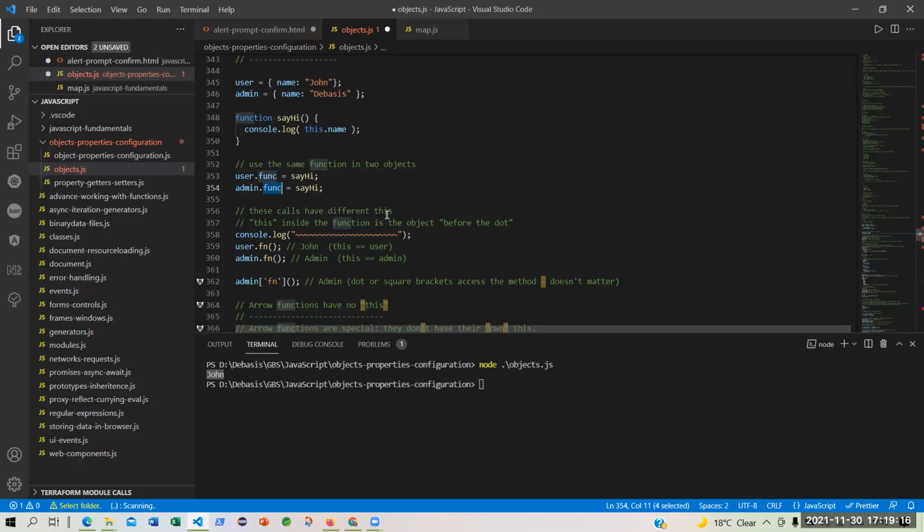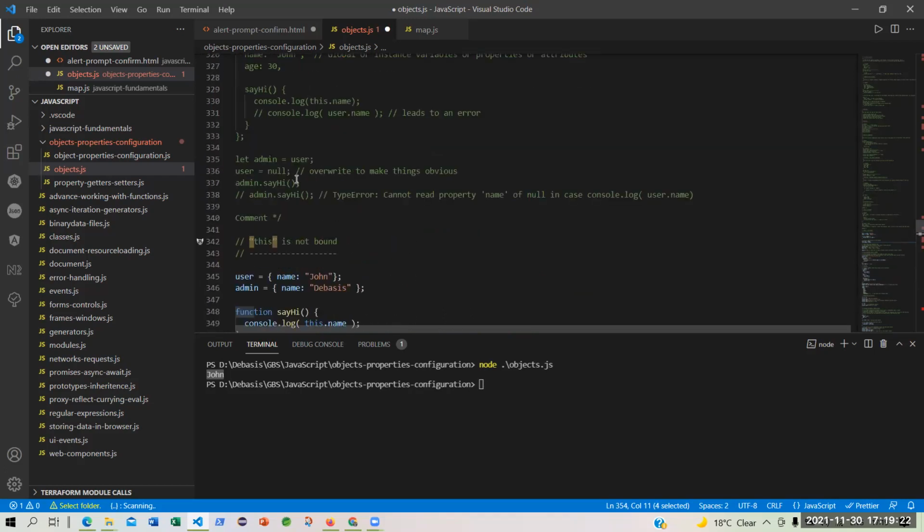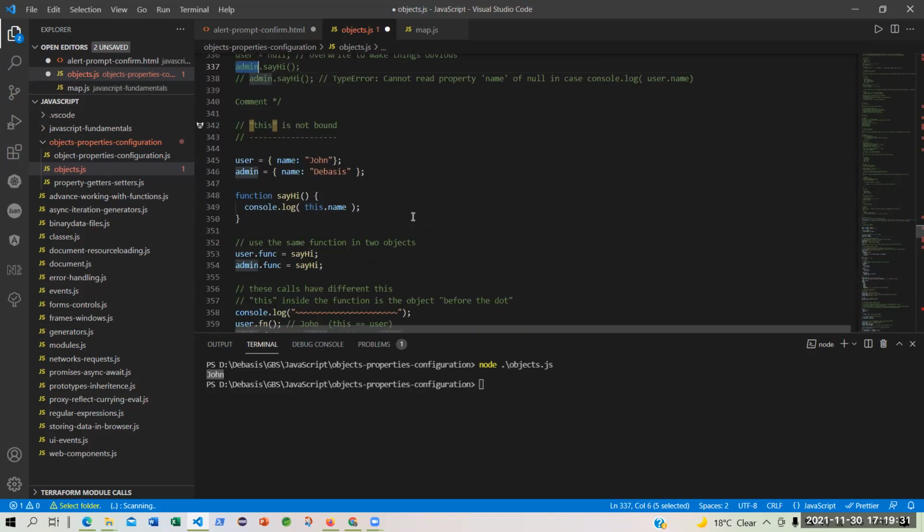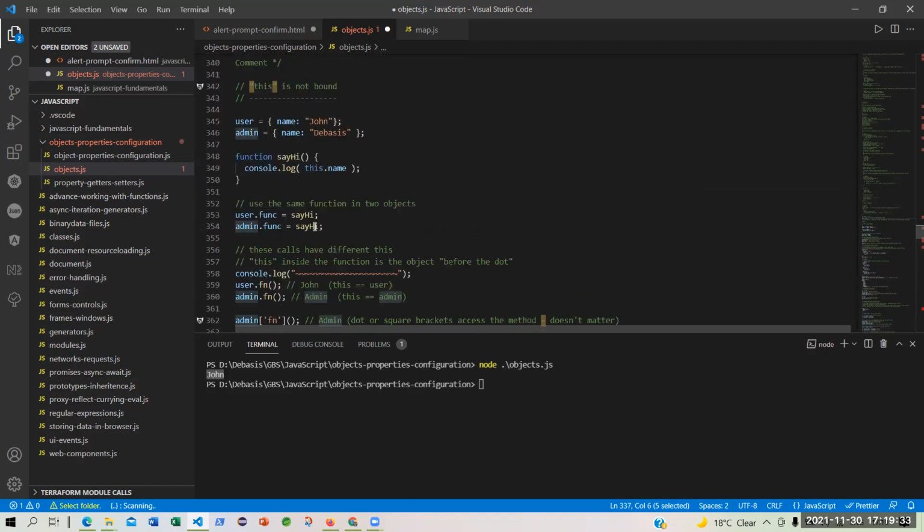These calls have different this. This inside the function is the object before the dot. As I said, the object before the dot. That means whatever object appears before the dot will be that object. So sayHi now has a this.